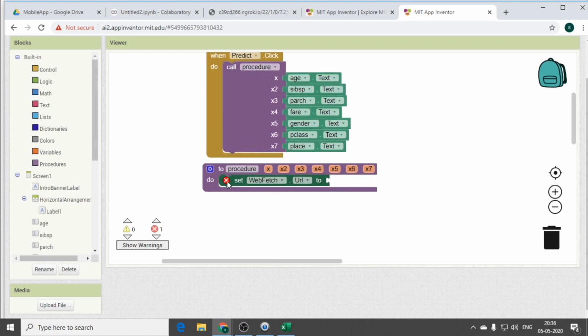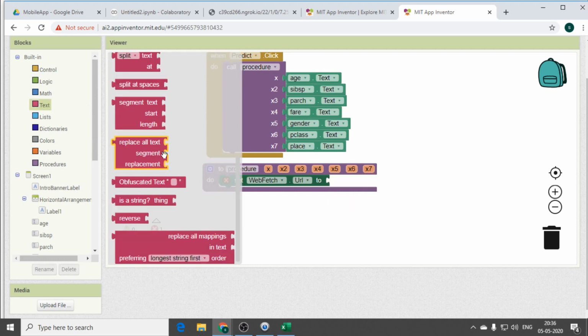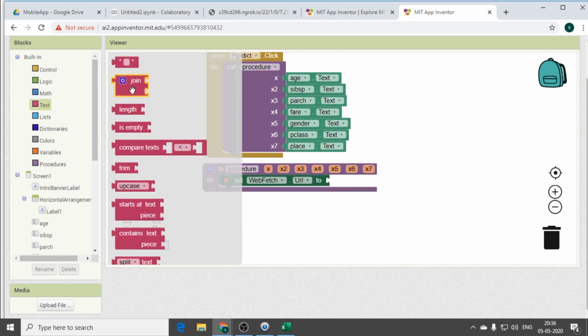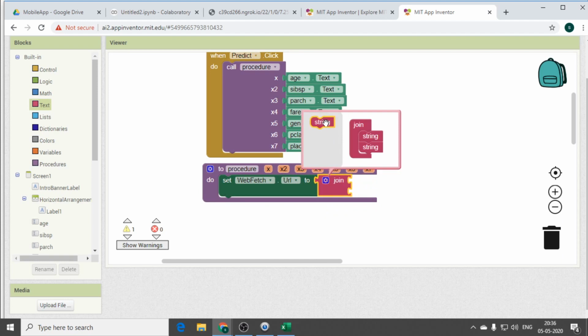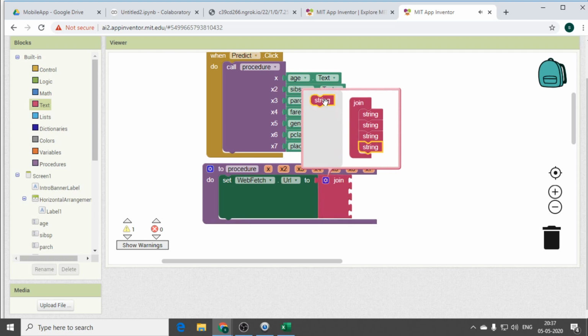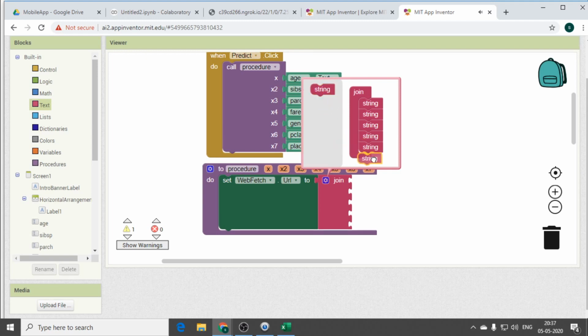So once we have added the input, what are our input categories? We need to add each and every text field with the help of joining. So you place this and you drag and drop here. If you click on settings, you have all strings. You need to go for 15 strings, because your input categories are 7, and every one is separated by slash. 7 plus 7 is 14, and the ngrok server URL is 1. So 15 strings. So drag and drop 15. Make it simple. If you are good at blocks, it looks pretty easy.